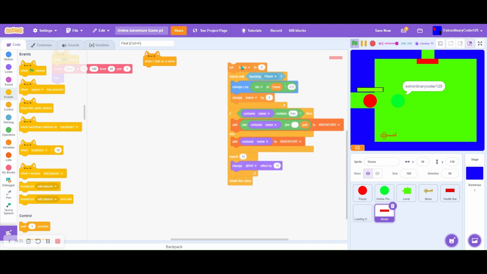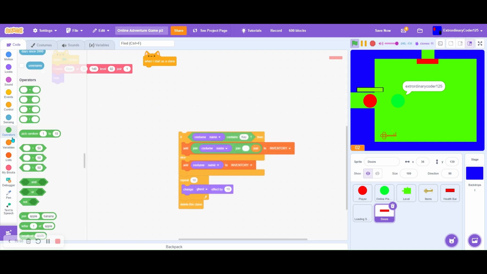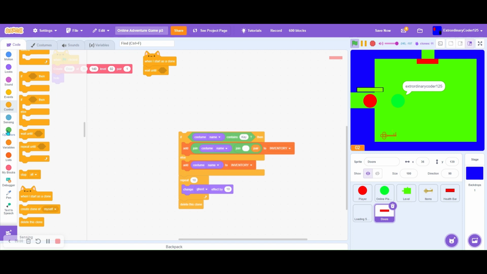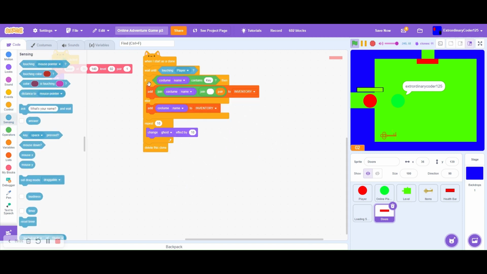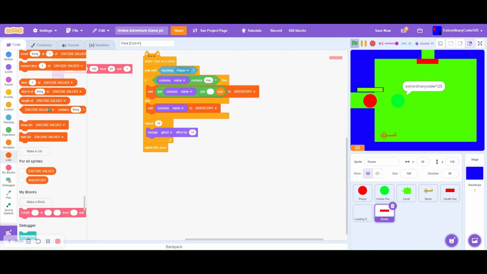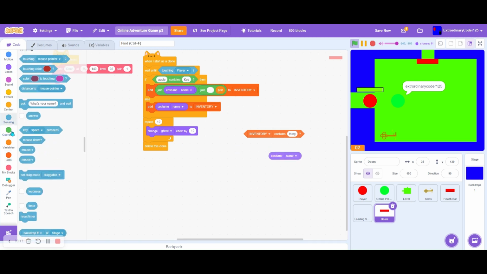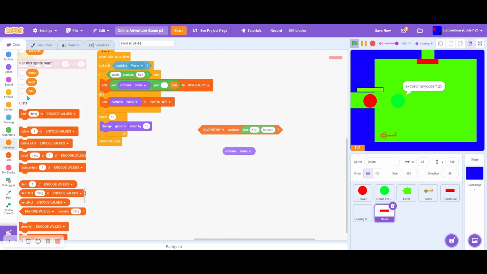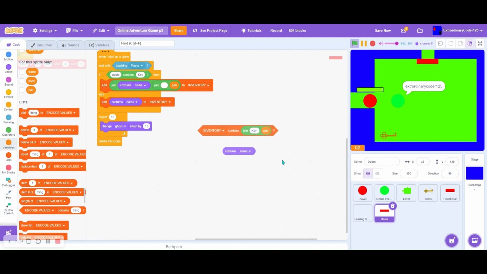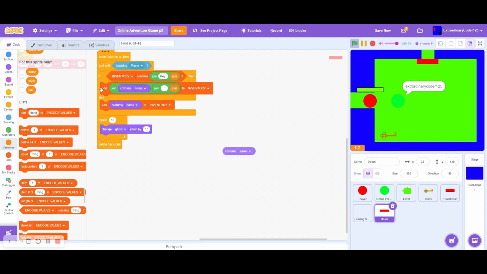So we don't need this animation stuff, but we do need a wait until touching player. And now, if inventory contains join key with a space and then pair. So if inventory contains join key with and then space after that and then pair. So then we